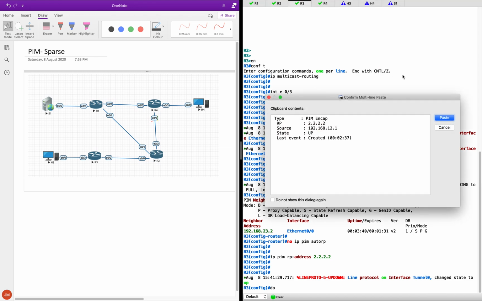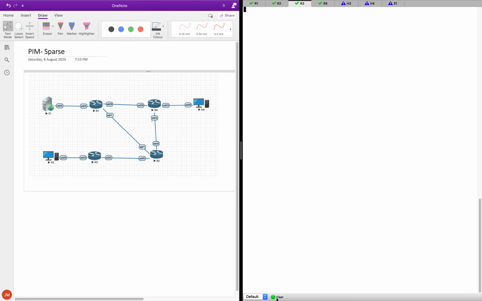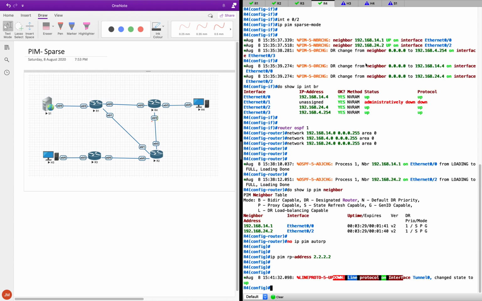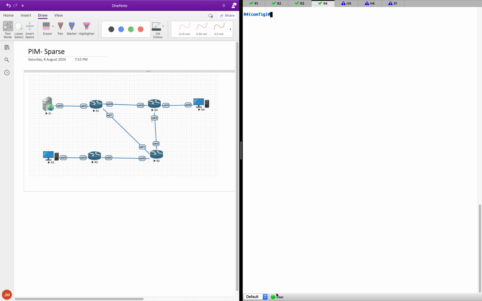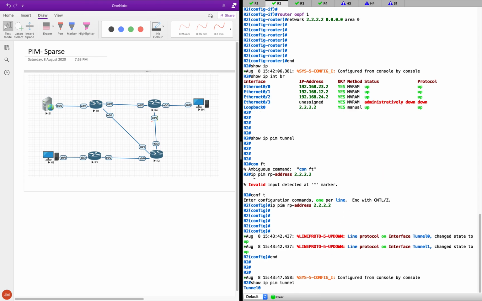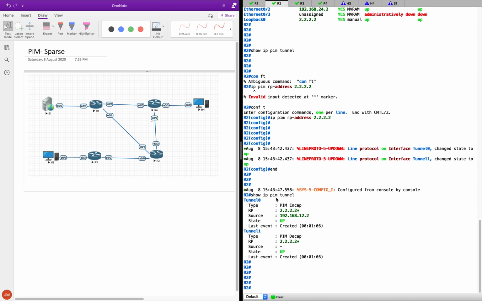Even on R3, let me just clear the screen a bit and let me run that command again. There you go, we have one tunnel. Let me clear the screen. Another. Awesome, there you go, one tunnel. But you go to R2, we'll see two tunnels, right? One is your encap, another one is your decap tunnel,